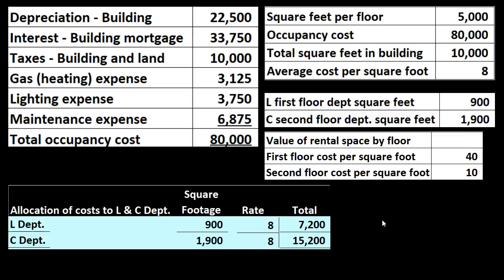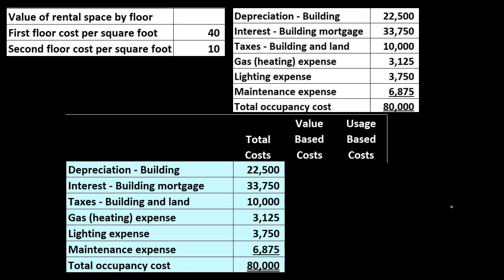So now we've got to figure out how to take into consideration the fact that the cost is going to weigh in on the amount of allocation in some way. So that's going to complicate things a pretty good deal. So now we're going to say, all right, let's break out our costs first between the value-based costs and